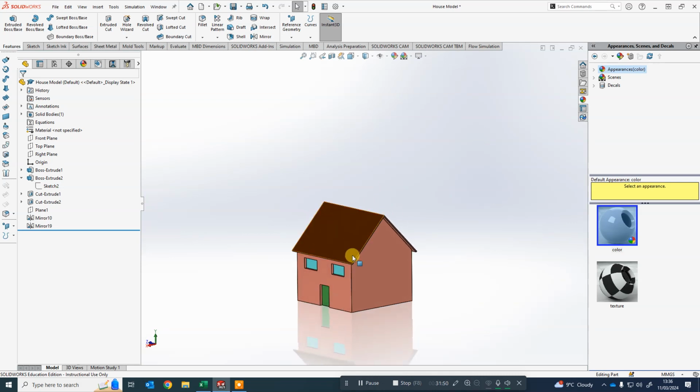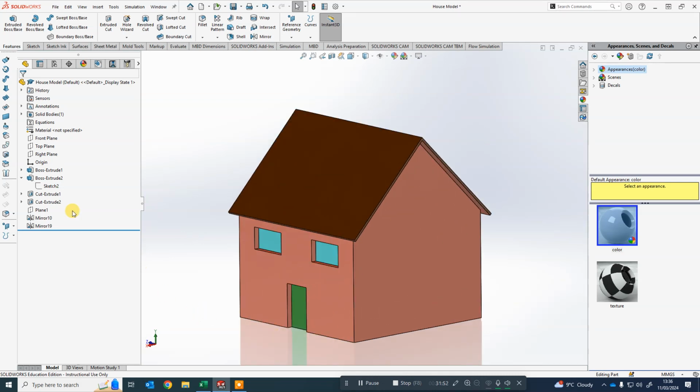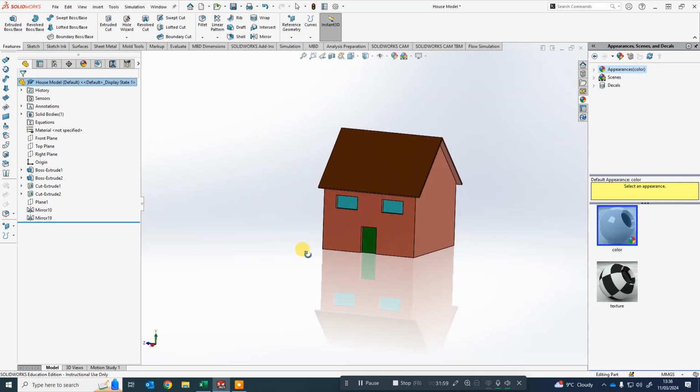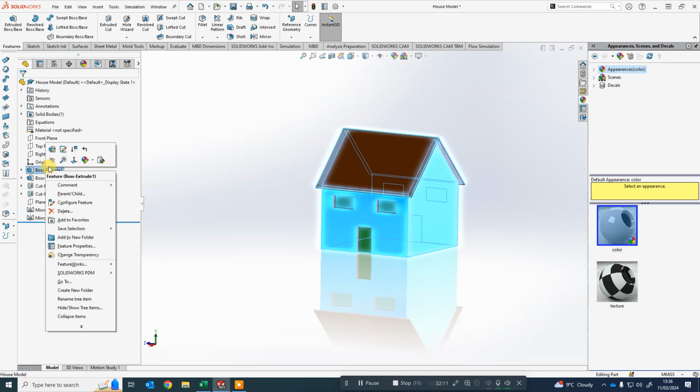Right, that pretty much concludes that video. I know that was just making a house. Remember, it's not the house that's important, it's everything you did underneath it. And in fact, just to change what we've concluded here, I'm going to show you how I've made my drawing. Say I want my house to be wider. I should be able to do that easily with how I've built this because everything's linked together in a relational way. If I go to my very first extrusion and edit feature,